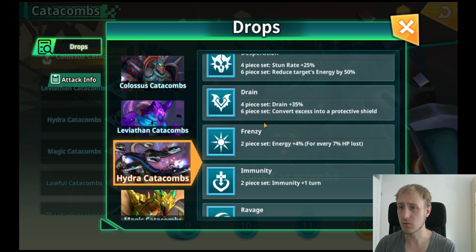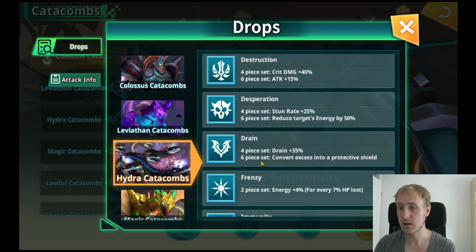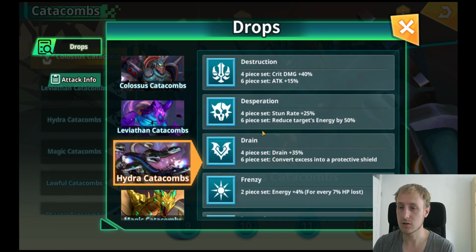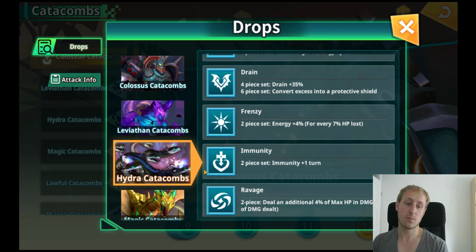Those are 3 runes that are really good. I think Drain has a place in PvP too, but especially the destruction, desperation and immunity. So if you just farm those and get as many runes, save all the 6 stars at least, and depending on where you're at in the game, save all the 5 stars as well, to upgrade them to